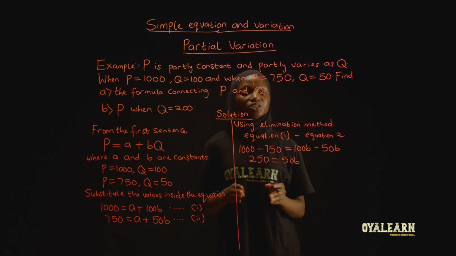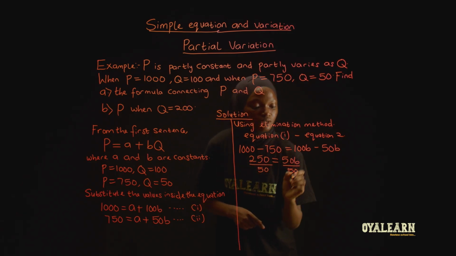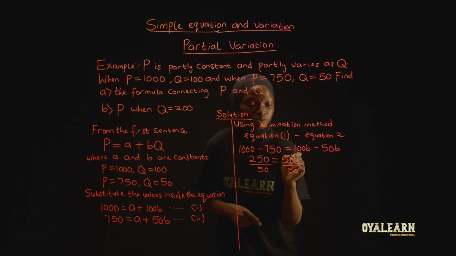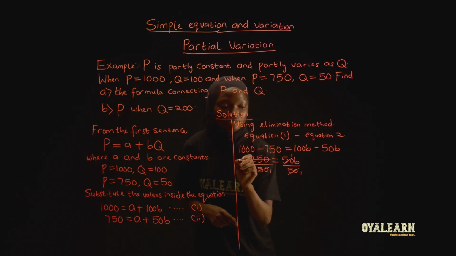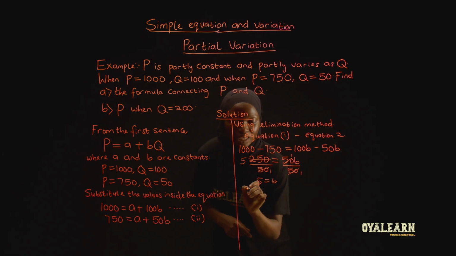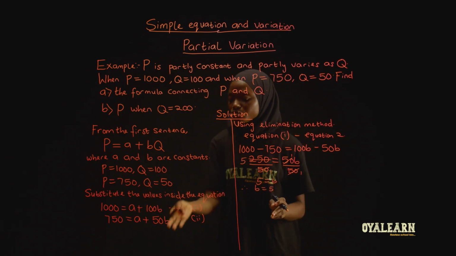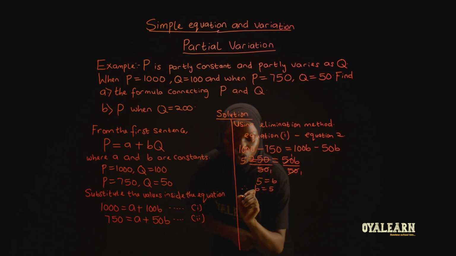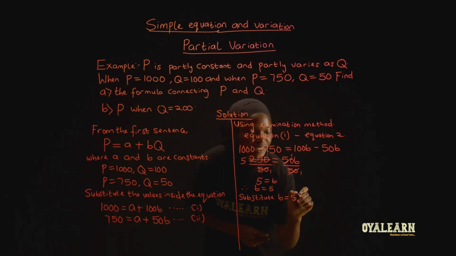And here, to find B, we divide both sides by 50. 50 goes in 50 once, and 50 goes in 250 five times. We have 5 over 1, which is the same thing as 5, equals B. And we can write B equals 5. So let's substitute this value of B inside one of the equations. Let's choose equation 1. So substitute B equals 5 in